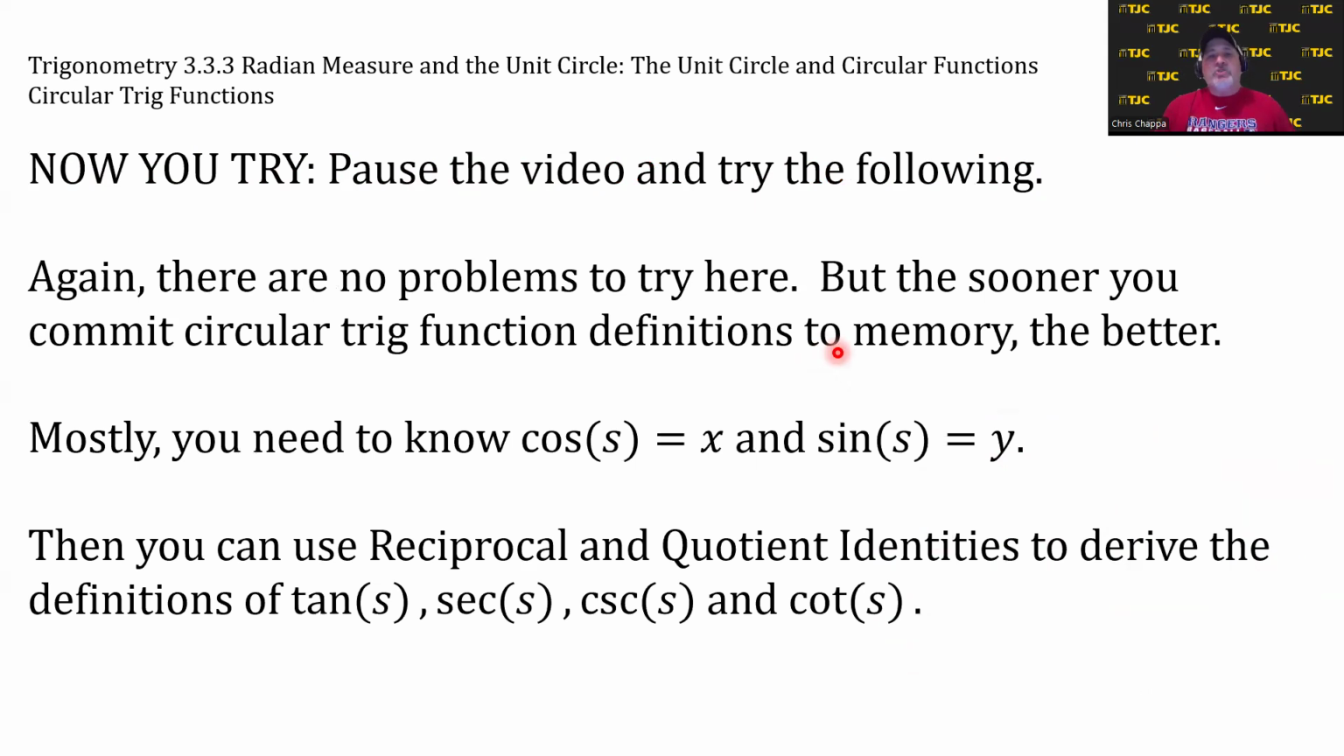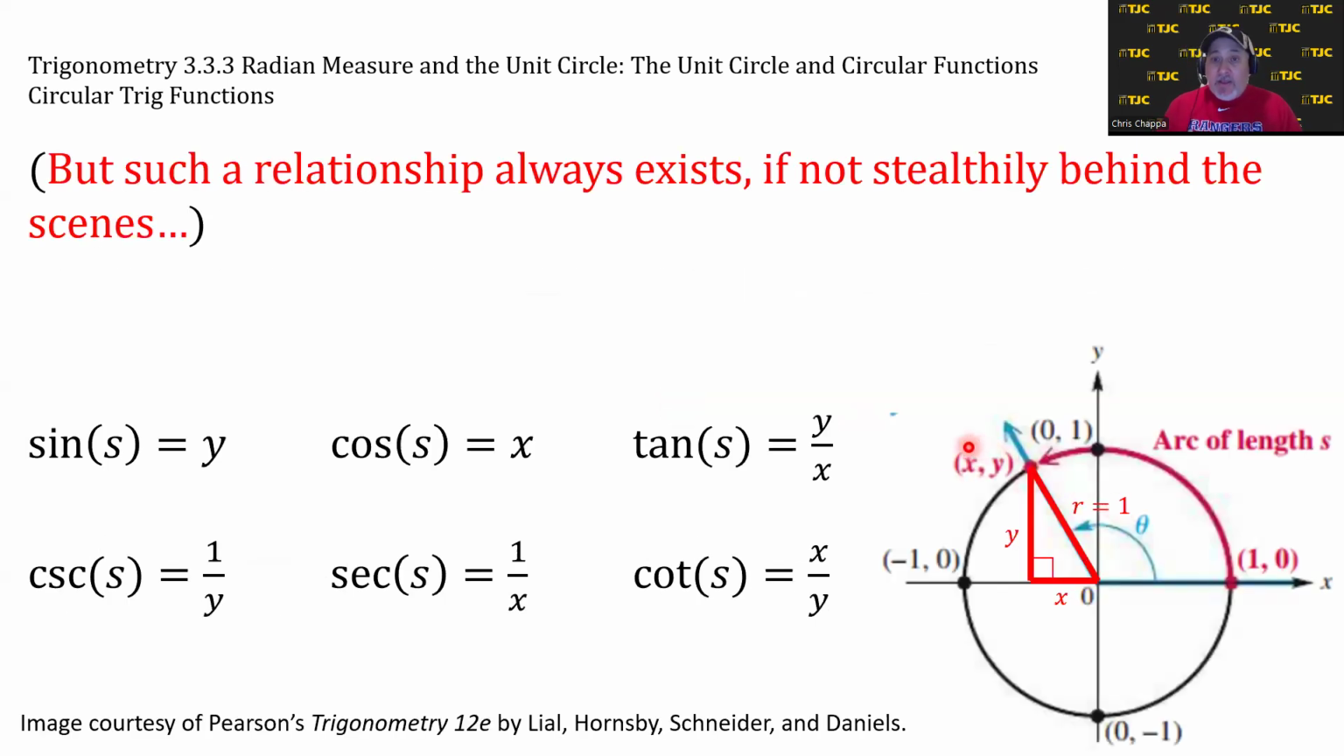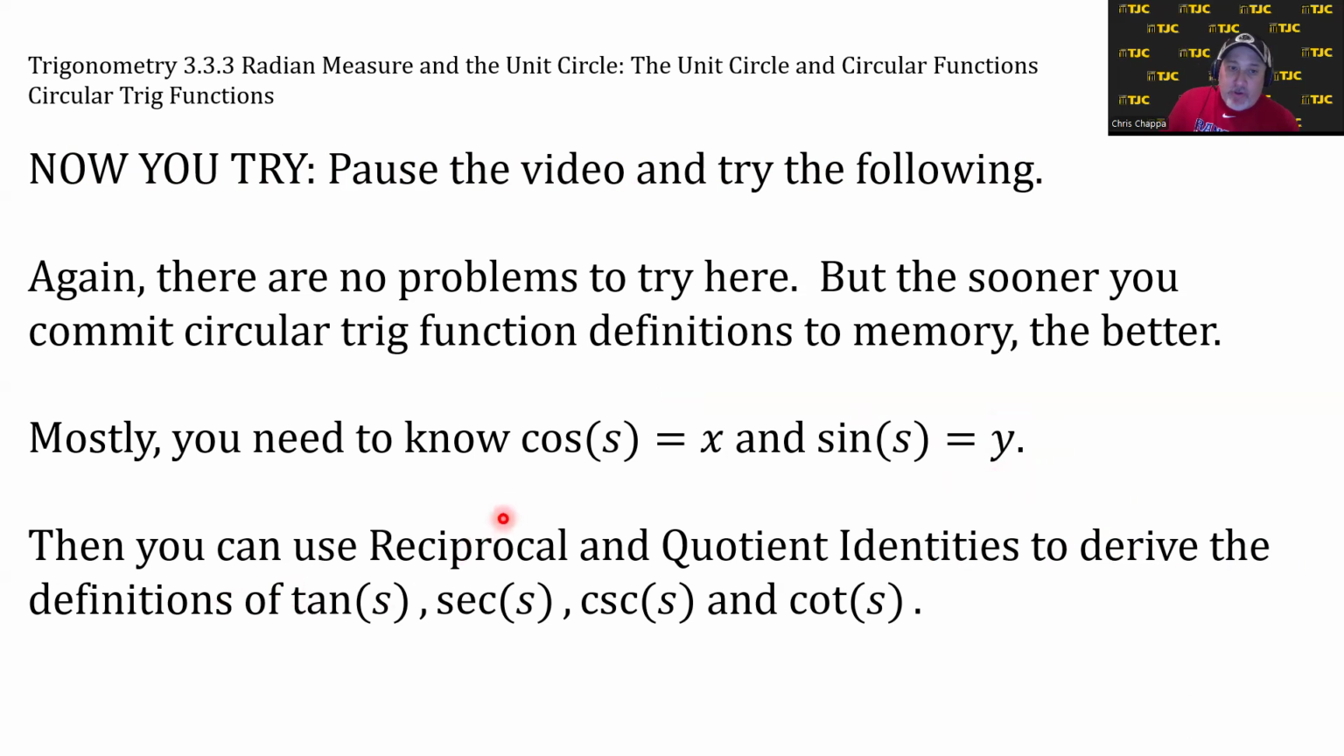But the sooner you commit circular trig function definitions to memory, the better. Mostly, you need to know that cosine of s is equal to x, and sine of s is equal to y. In other words, on the unit circle, the x is the cosine of the arc and the y is the sine of the arc. Once you know those, you can use reciprocal and quotient identities to derive the definitions of tangent, which is sine over cosine, so it's y over x, secant, which is the reciprocal of cosine, so it's 1 over x,